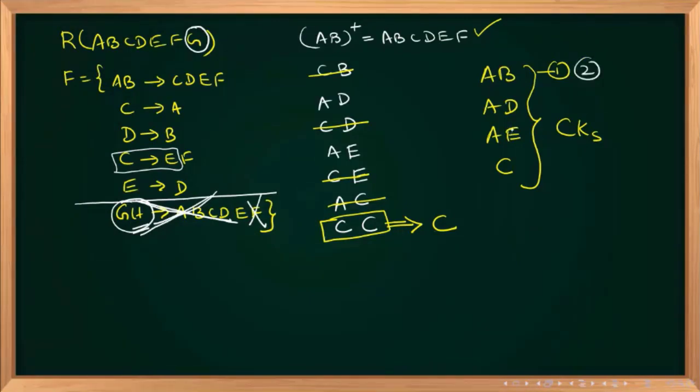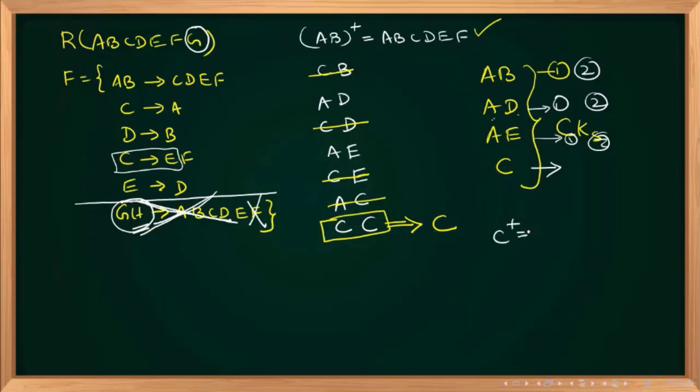Like that, you can check everything. If you remove A, with the D closure alone you will not get everything. If you remove D, with A closure alone you cannot get everything. But with AD closure, you get everything. So this is also satisfying the two properties. This is also satisfying the two properties. This one is also satisfying the two properties. What are the two properties?